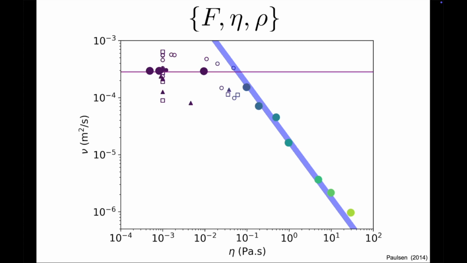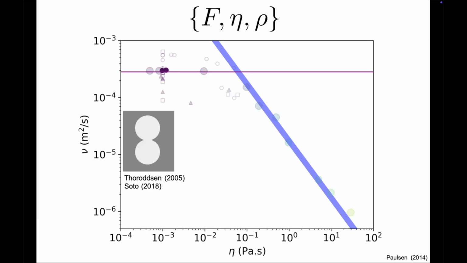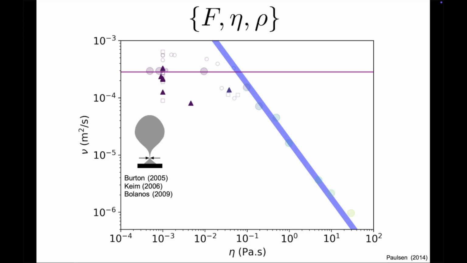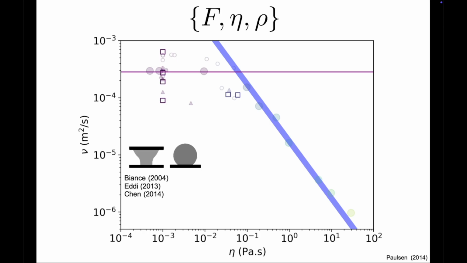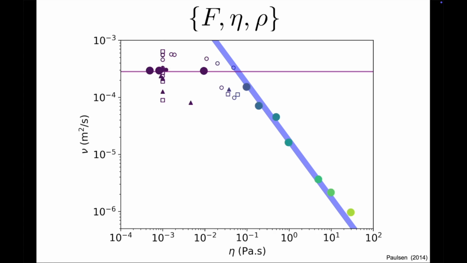A lot of these new data points have the same viscosity, that of water. The filled disks correspond to coalescence of bubbles, the same kind of setup studied by Paulson. Also included are the diffusive dynamics that some pinching bubbles exhibit. A number of experiments on the coalescence of droplets, with slight variations in protocol, and some data points for spreading droplet, either onto a plate approached from above, or deposited on a substrate. We've already encountered all these experiments at one point or another since the beginning of this series. What we want to know now is if they can be understood with the trio of force, viscosity, and density.